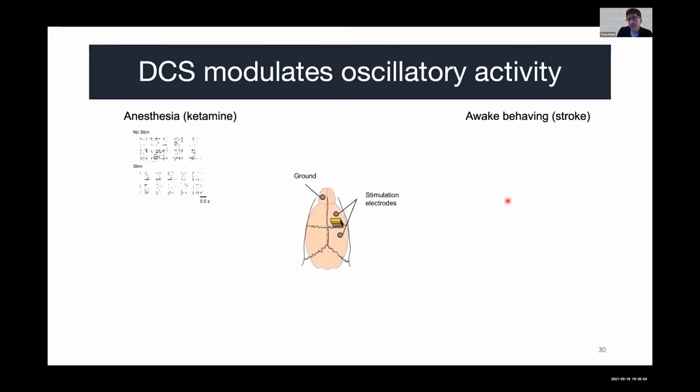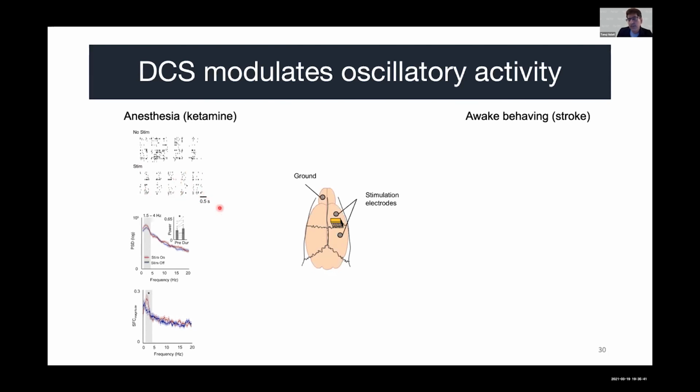So in this next stage of experiments, we really tested this under anesthesia. This was under ketamine anesthesia, and we tried to see what is really happening to the activity. Under ketamine anesthesia, there is a predominance of slow oscillations. We tested the activity of single units under this anesthesia, and we saw that when we stimulate the brain under this anesthesia, the low frequency power really goes up, and the spike field coherence of the neurons also goes up. So it's not as much of a change of firing rate of neurons, but the firing activity becomes very, very organized around this low frequency oscillation.